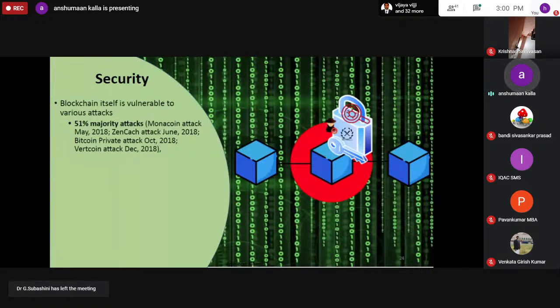So blockchain is also prone to various kinds of security attacks, and let's just see some of them. The first one is the 51% attack, right? So the 51% majority attack here: if more than 51% of the total distributed and disparate mining facility start colluding,